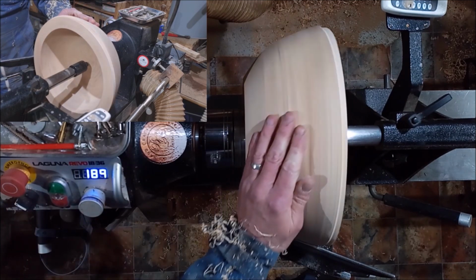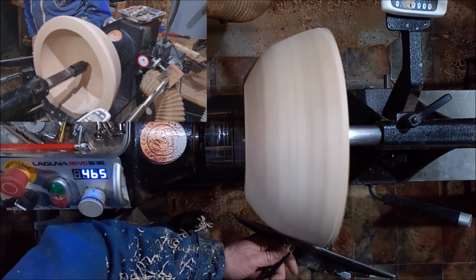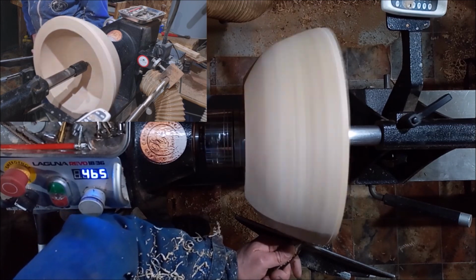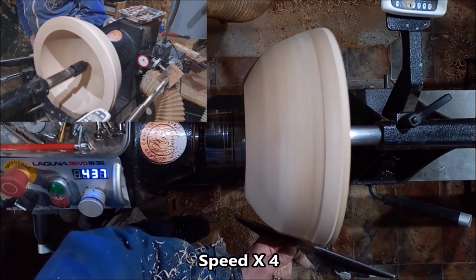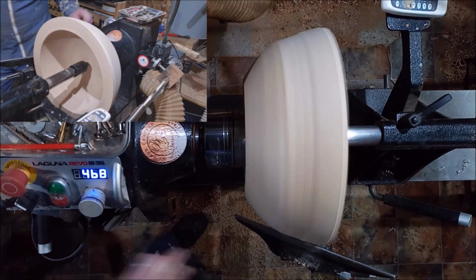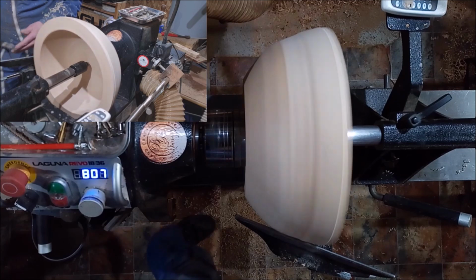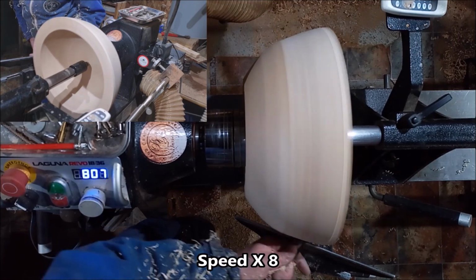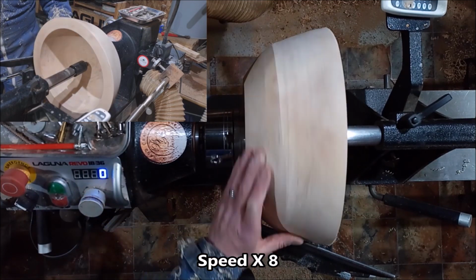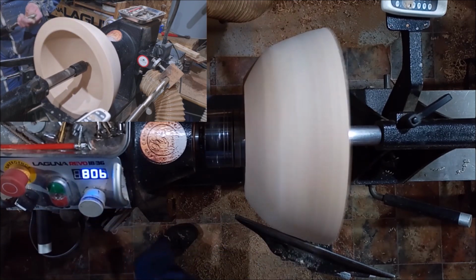So I'm trying to keep as much size in this as I can. Right, now we get rid of that. Now I can speed up, but an awful lot of that weight difference is gone. I was getting a rattle when I went up to 800, but not anymore, so. At the moment, all I want to do is get that